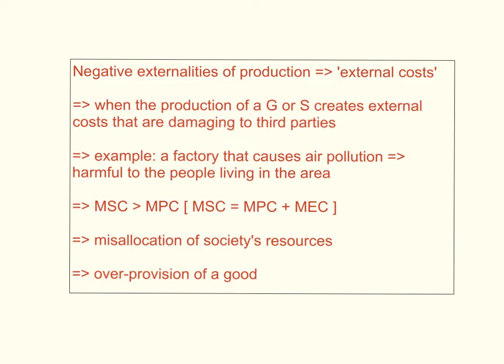So let's start by focusing on the negative externalities of production. The negative externalities of production are often referred to as external costs. So when do these occur? Well, basically, negative externalities of production occur when the production of a good or service creates external costs that are damaging to third parties. For example, if a factory causes air pollution, this is harmful to the people living in